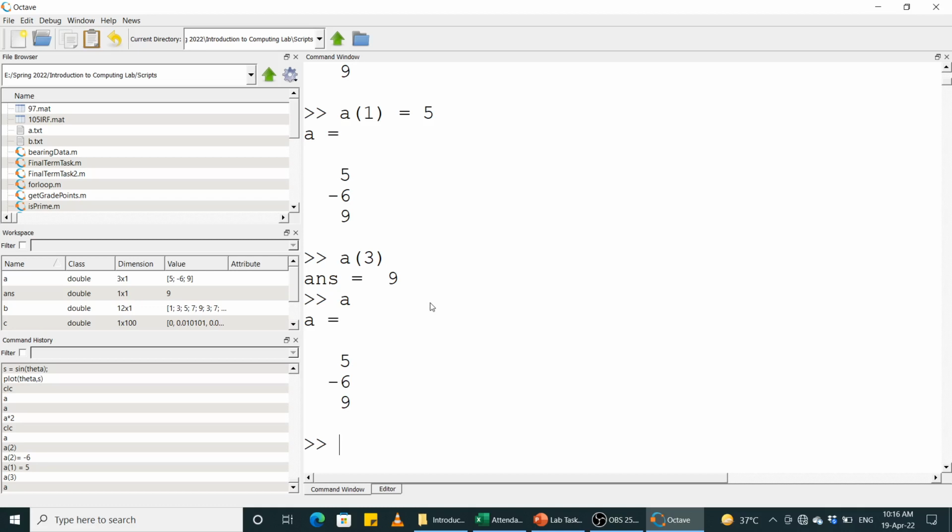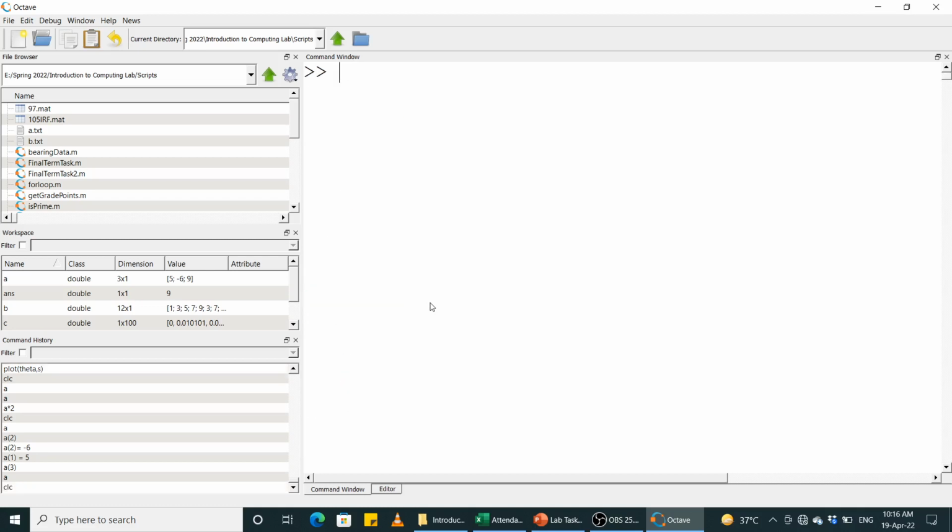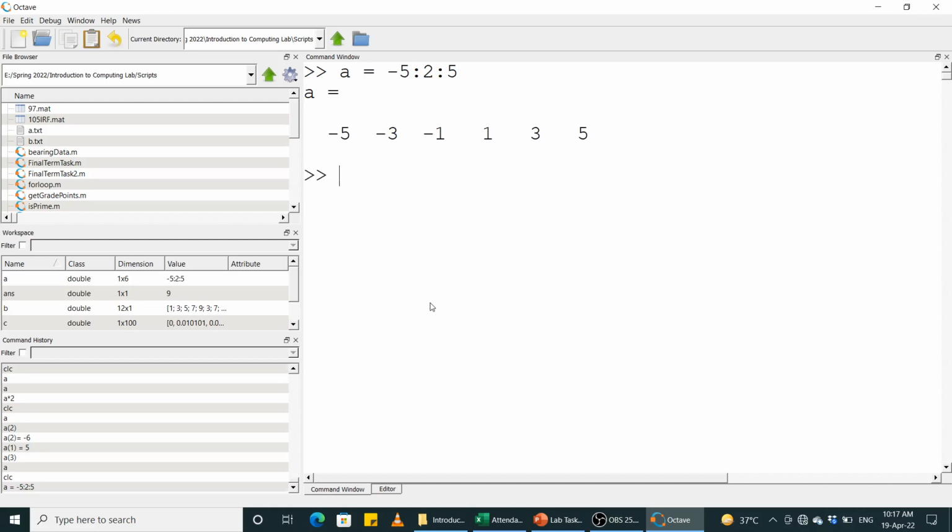Let's take another vector. Let me clear this command window and let us create a vector. A को ही modify कर लेते हैं. A is equal to 1 से नहीं start लेते. So we start from -5, step size is 2 and then we go up till 5, ठीक है. तो this is vector A, ठीक है. अच्छा, now if you want to find out what are the number of elements in A,